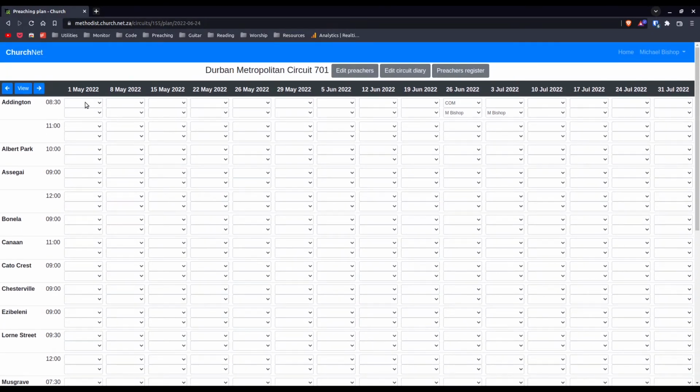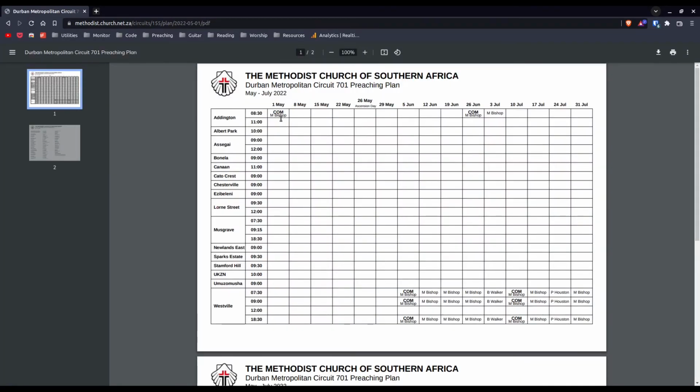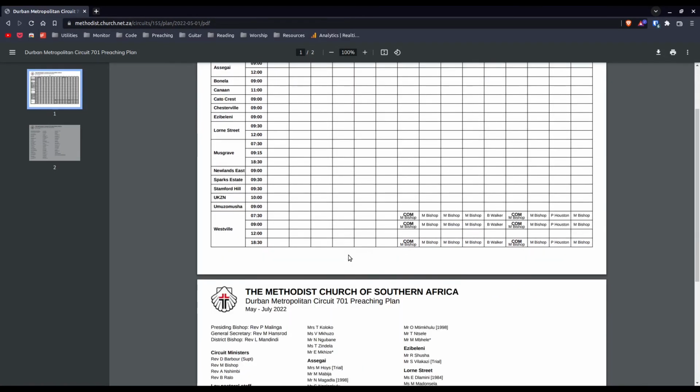But if we say take the 1st of May at the Addington Society at the 8:30 service, we can pick a preacher there from amongst the ministers or the preachers. Pick a minister, and we can say that service is going to be a communion service, and that will update automatically. If we then view the preaching plan, you'll see that I've just added that Addington service there,